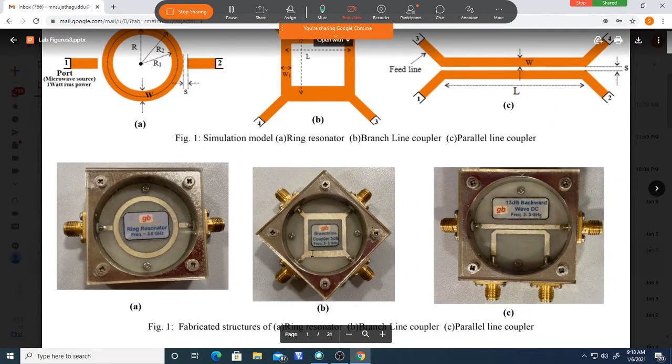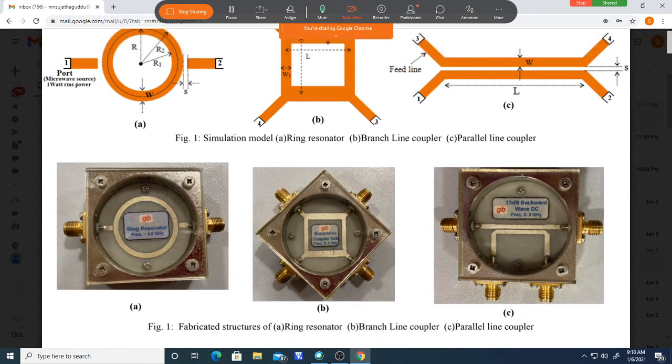But we can measure the width of this using a scale, and the substrate is the same here. This is a gray substrate with a permittivity of 3.12 and a thickness of 0.76 to 0.8 mm. So you can find the frequency of this in the converse way. Here dimensions are given, you find out the frequency.